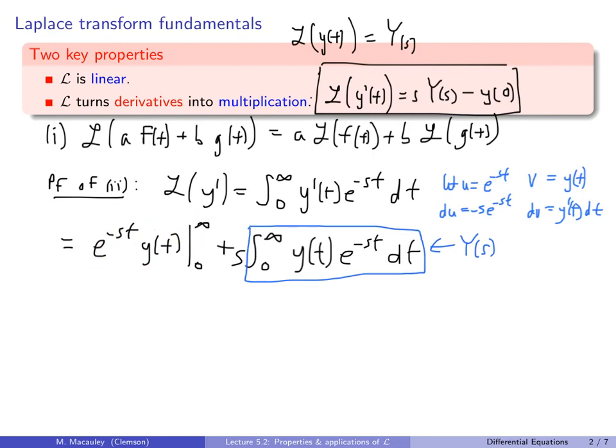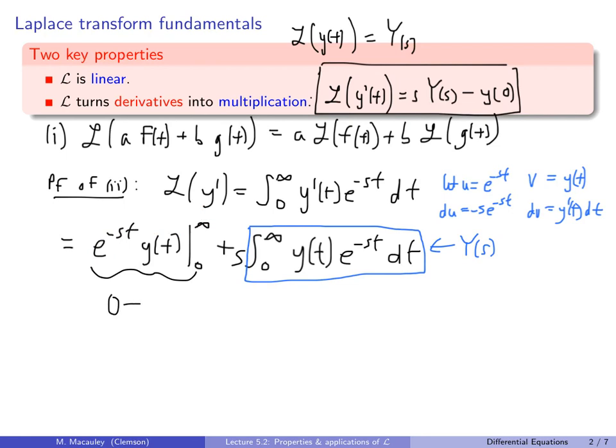Plugging in infinity into here, we're going to get 0. Technically I'm glossing over some details with the limits. Remember in the beginning of last lecture how I said y of t has to be not that big. It has to grow slower than an exponential function, or no faster. This is exactly why we need that, because otherwise, when we plug infinity in here and take the limit, this thing's not going to be 0. So this thing here is going to be 0